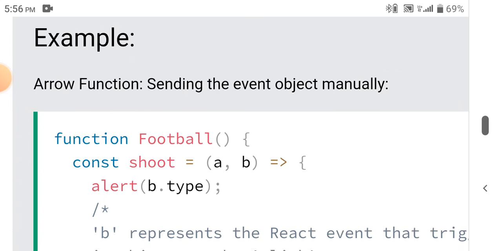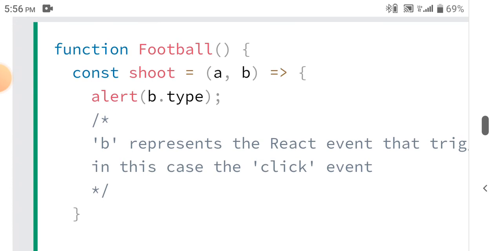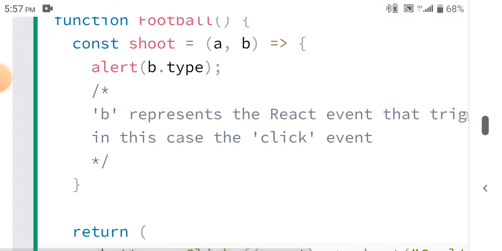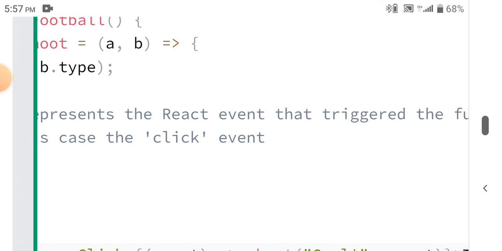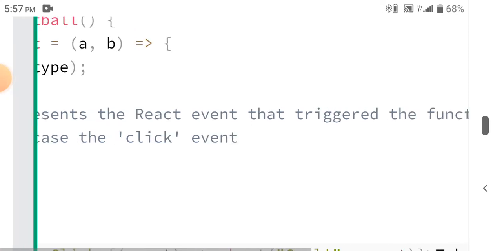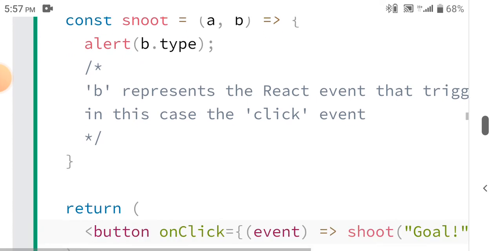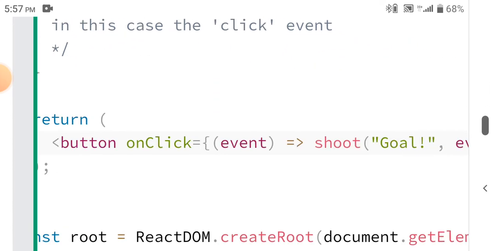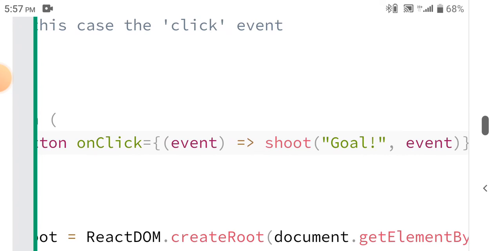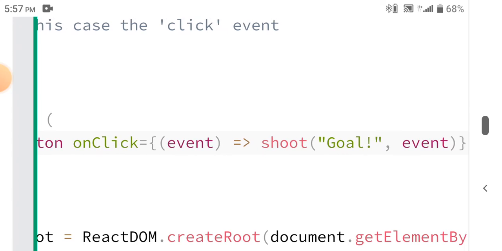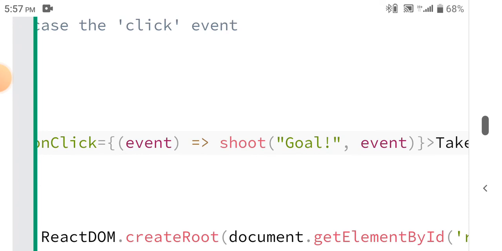Example: arrow function sending the event object manually. function Football() { const shoot = (a, b) => { alert(b.type) }; b represents the React event that triggered the function, in this case the click event. return <button onClick={(event) => shoot("Goal!", event)}>